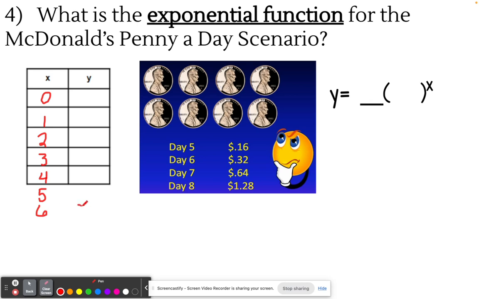I'm starting at 32 on day 6, 32 cents, so it's 0.32. Day 5 will be 0.16. Day 4 will be 0.08. Because this is a doubling problem, times 2 times 2. You can see that here, times 2 times 2 times 2. So I have 0.04,